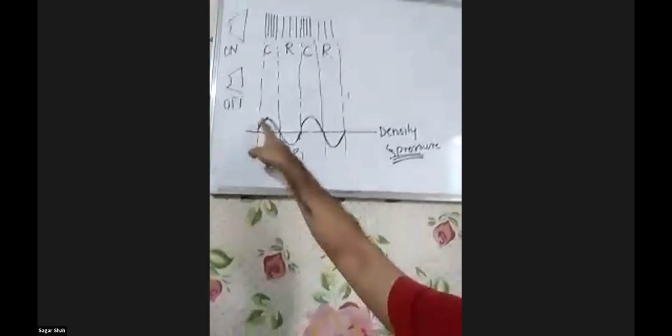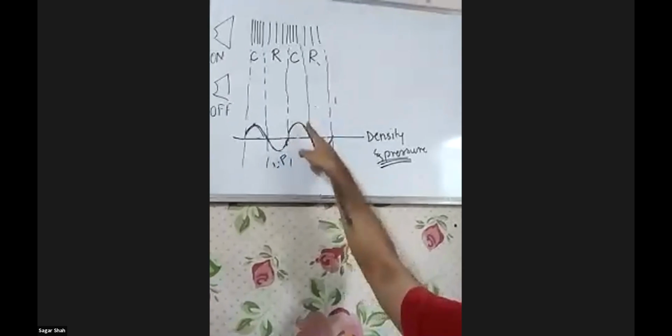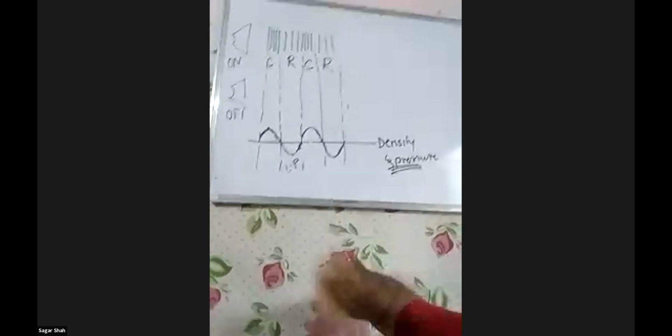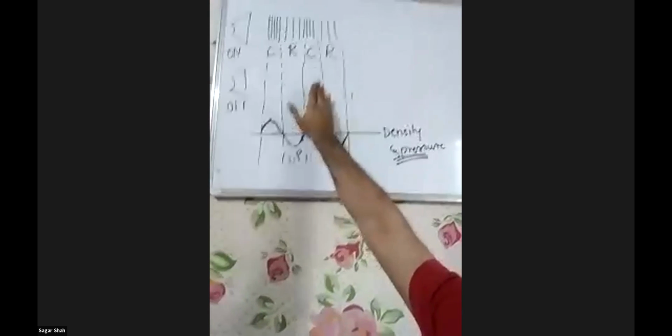Density and pressure profile. What is this, students? This is the density and pressure profile of compression and refraction. So this is what I understand, students. All right. Now if you talk about compression and refraction,